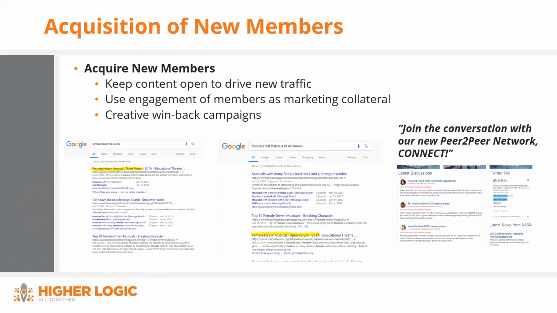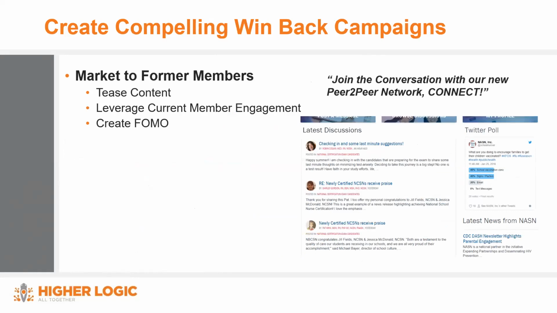And I have a whole other slide on creative win-back campaigns, which is another form of acquisition as well. Use this as a way to create creative win-back campaigns to target folks that have left the organization. Create that sense, that fear of missing out. Hey, sorry you left. We actually just launched this community. Look at what your peers are talking about. Send them a screenshot, right?